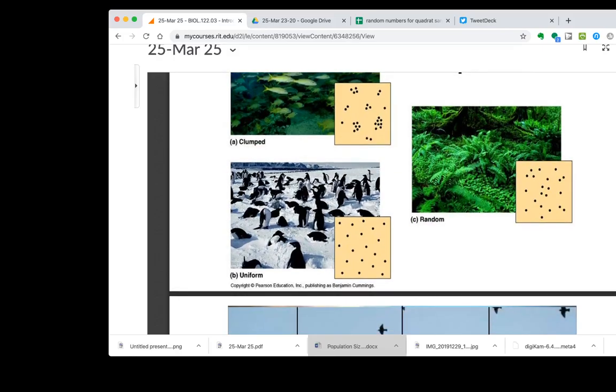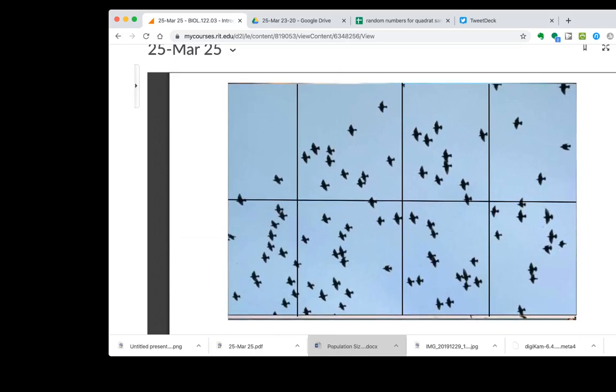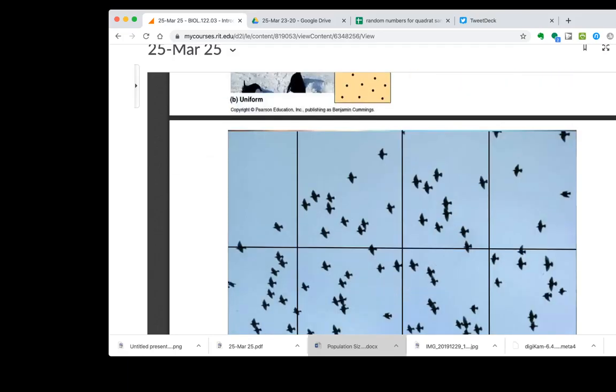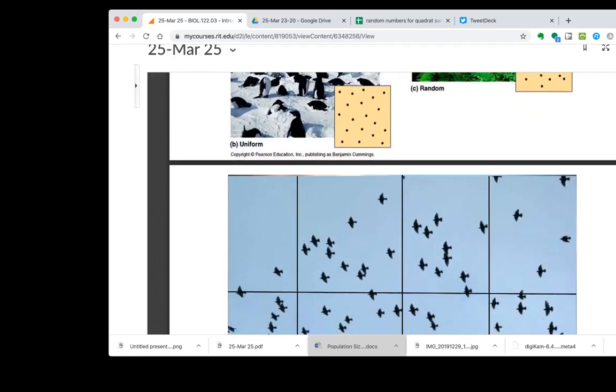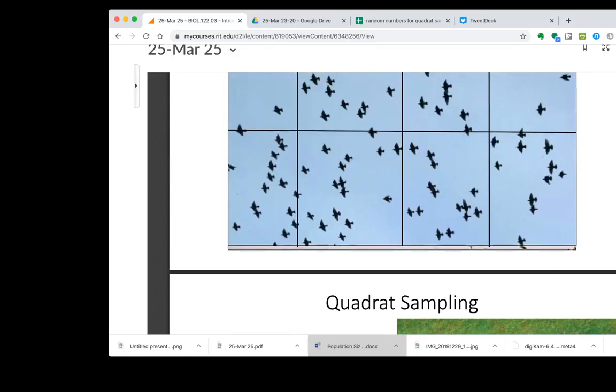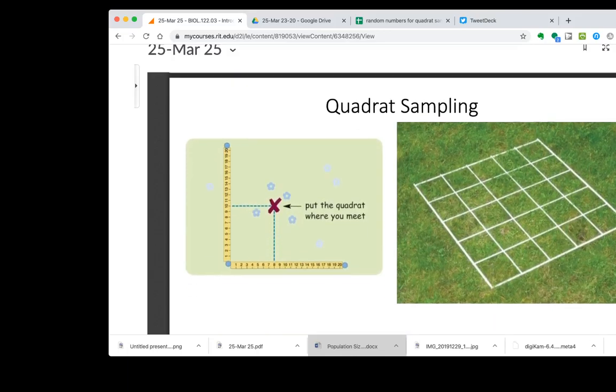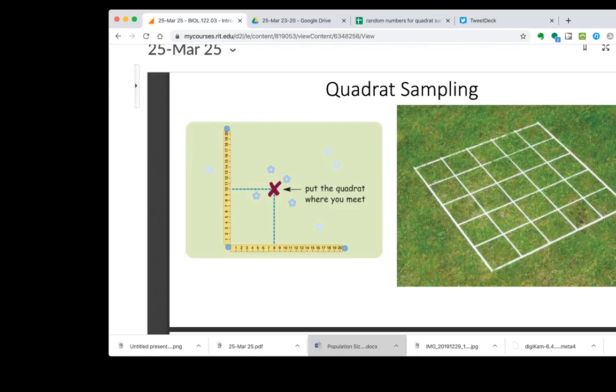So you're going to go through an activity today that's going to help you think a little bit about how populations are measured when they exhibit these different patterns of dispersion. We're going to start with visual estimation, and we're going to move on to quadrat sampling. Quadrat is a very popular technique for studying populations of organisms with ecologists, and I'll talk about that in a little bit,